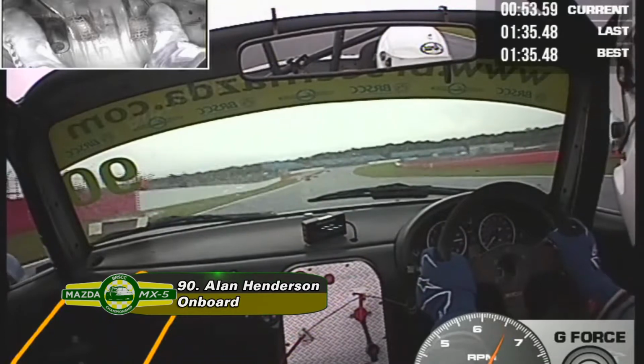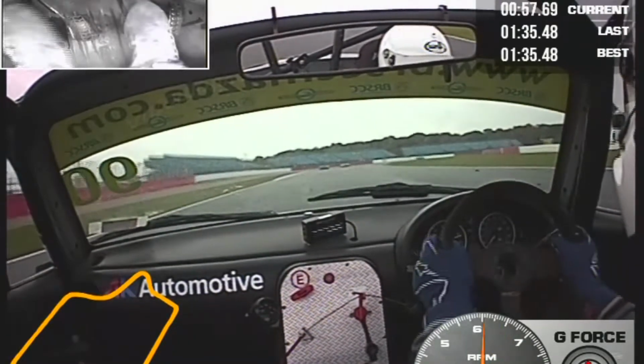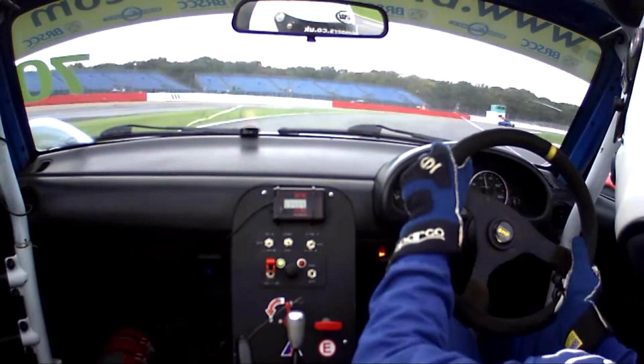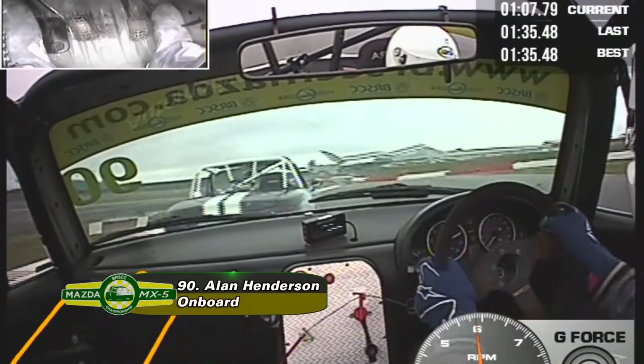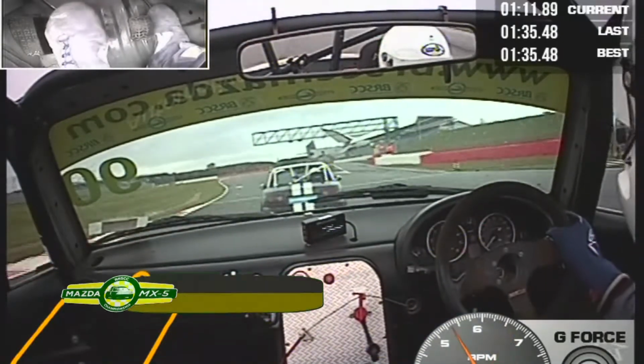and we've just got the slightest of overlaps. We're going to be brave on the brakes as we get to Stowe, and can we make this work? Yes, we're on board with Roger now. Great bit of camera work with the director there, flicking from camera to camera, and look at Roger hanging it on the outside. Daniel Rogers, brilliant bit of driving as Henderson gets a big armful of opposite lock and can't